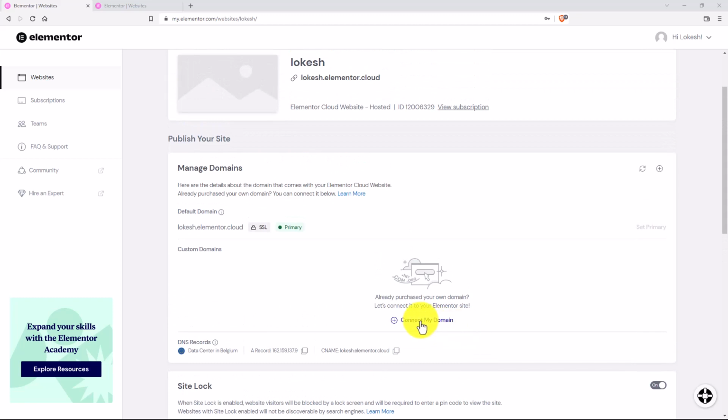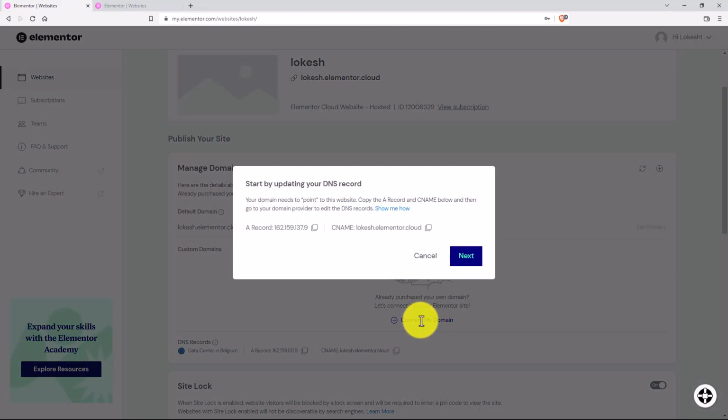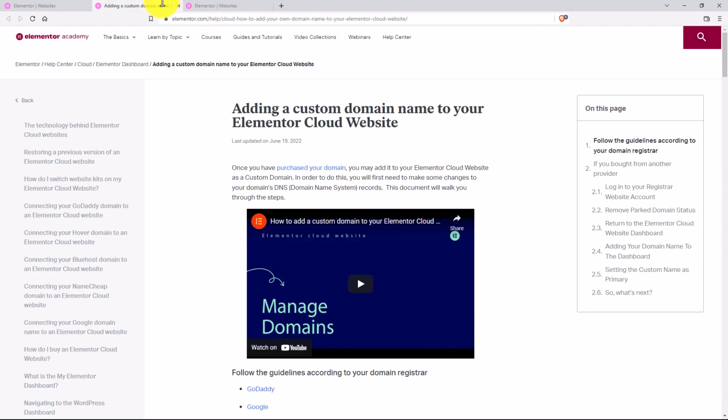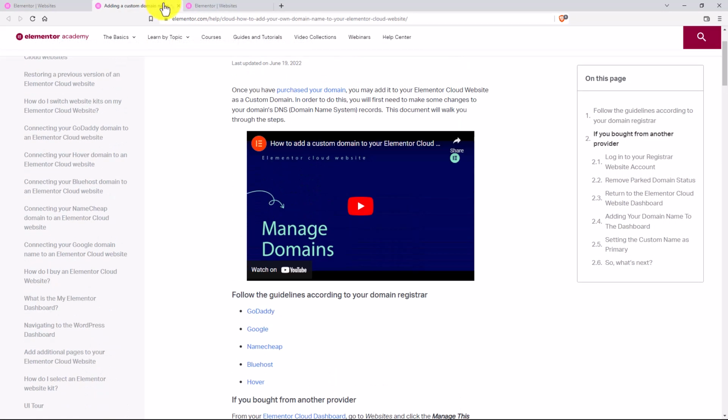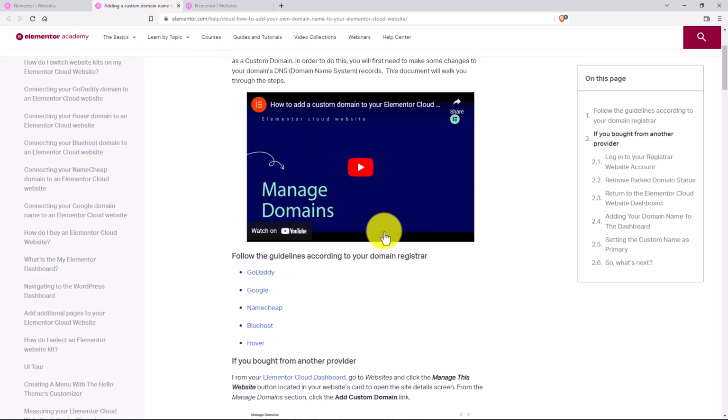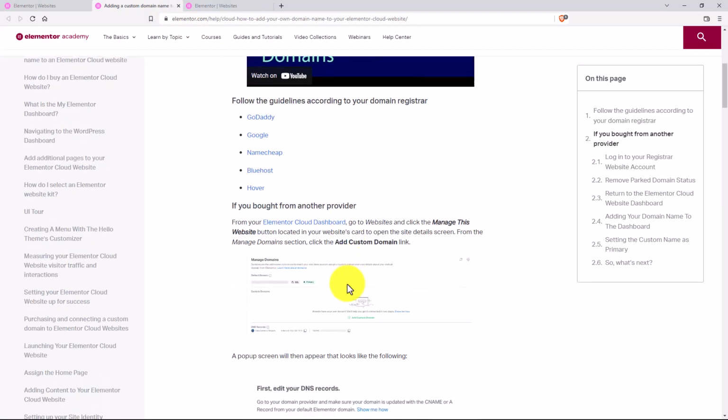And here you can connect your own domain. Just copy the A record and CNAME record, and you can paste or create new records in the DNS records of your domain that you want to point. And you can see the complete article here as well. I will leave a link in the description so that you can also check the article and the video itself as well. That explains very beautifully how you can connect your cloud website to a custom domain,